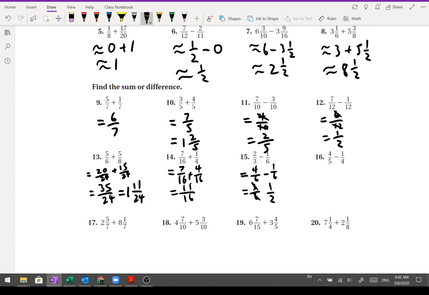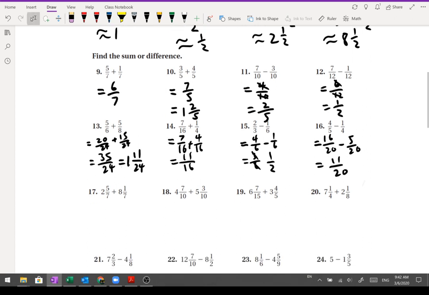Then for question 16, we want to change the denominator to become 20. That's the LCM of 5 and 4. And so 4 over 5 times 4 over 4 is going to be 16 over 20. And then minus 5 over 20. And then that will be 11 over 20. Moving on,